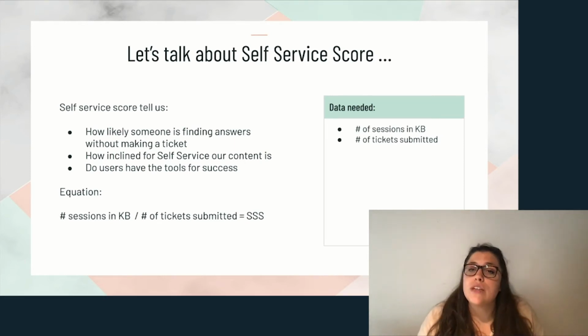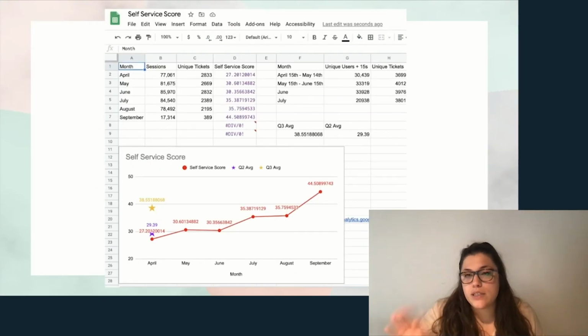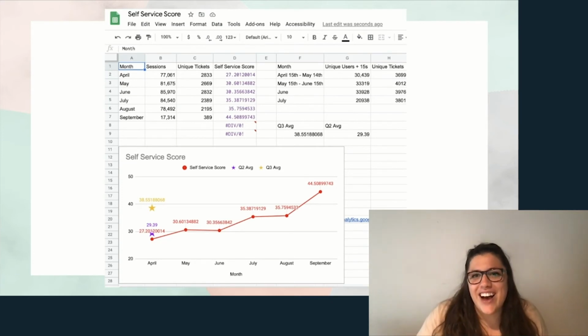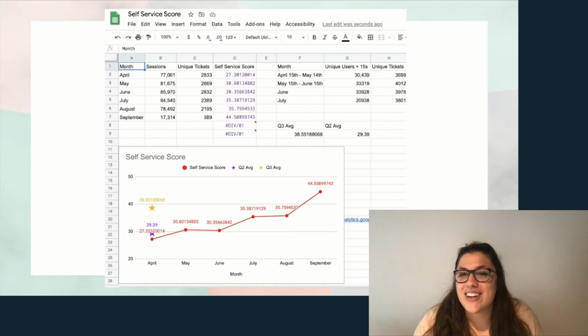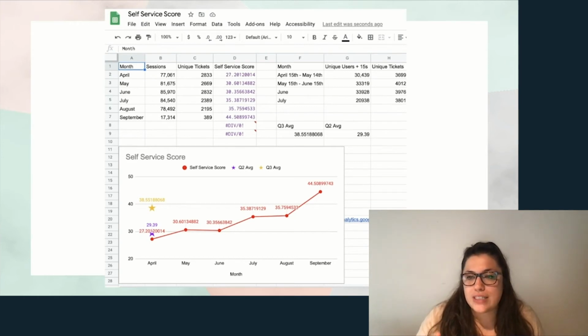The equation we use is the number of sessions within the knowledge base as a whole divided by the number of tickets submitted, and that gives you your self-service score. And this is our really, really ugly, and I'm very sorry, version of our self-service score. We have it all in an Excel spreadsheet, and then we have it in a graph so that we can send this company-wide, and so that they have an understanding of how we performed in previous quarters and now.